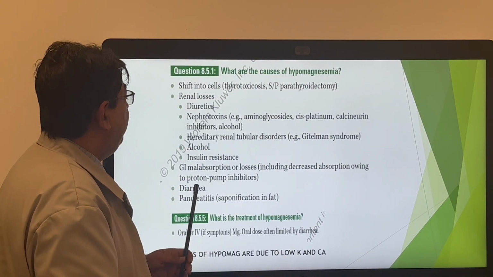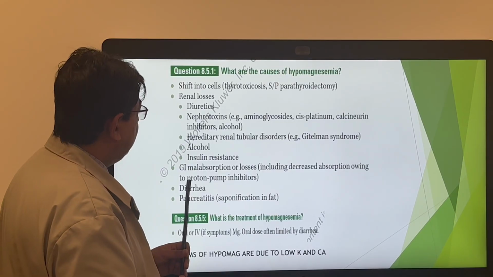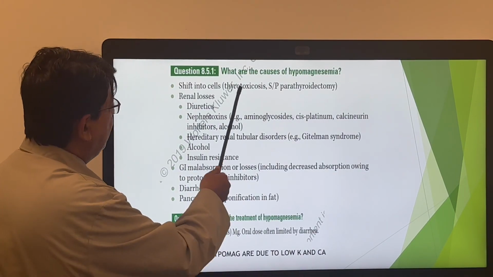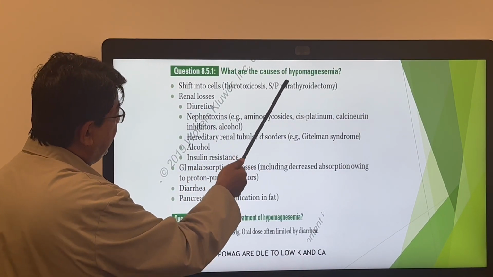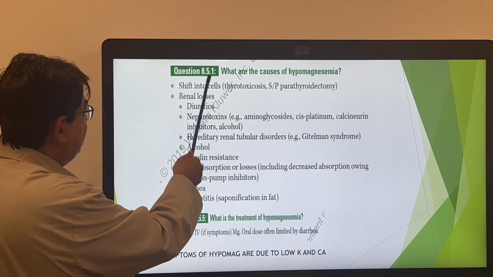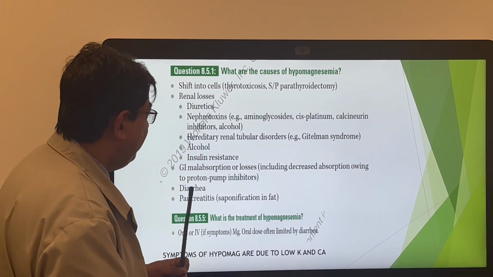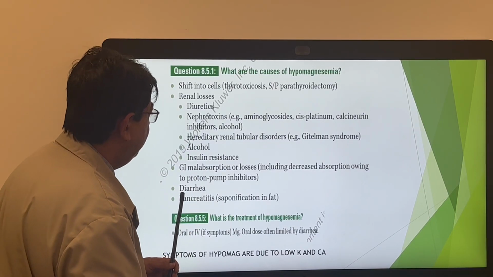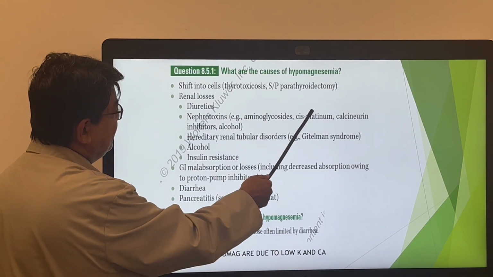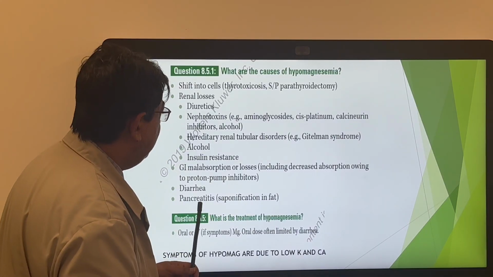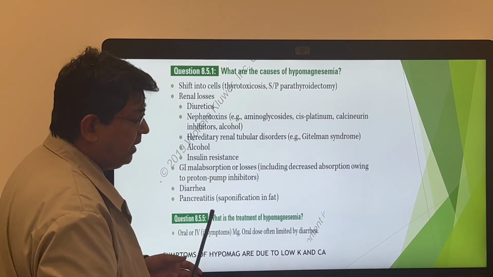So let's talk about hypomagnesemia really quickly. You want to think about thyrotoxicosis and parathyroidectomy. These would cause shift into cells. Diuretics are very common causes of hypomagnesemia. And then aminoglycosides and cisplatinum are common causes of